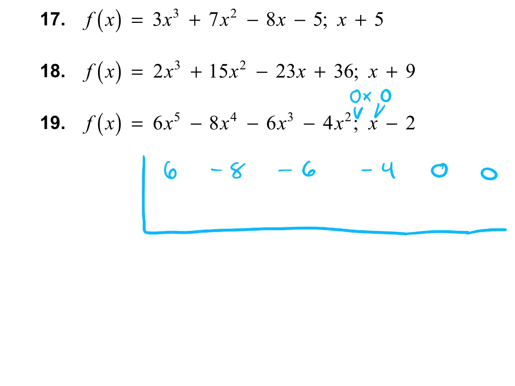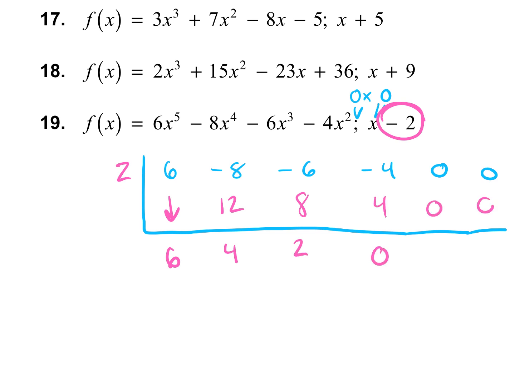For this one, it won't really change the answer, but it may in some of them. What goes on the outside? 2. It belongs to us. They both do. Because we need the x to the first power and the constant. So drop down the 6, multiply, add, multiply, add,